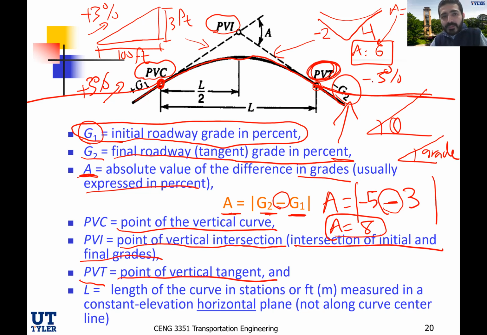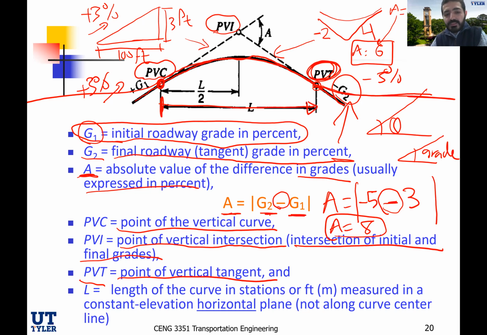The last thing here we need to explain in this picture is the L, the length of the curve. The length of the curve is measured at a constant elevation in the horizontal plane, not along the curve. So that's something I want to point out. The length of the curve is not along the roadway. It's actually the horizontal distance from PVC all the way